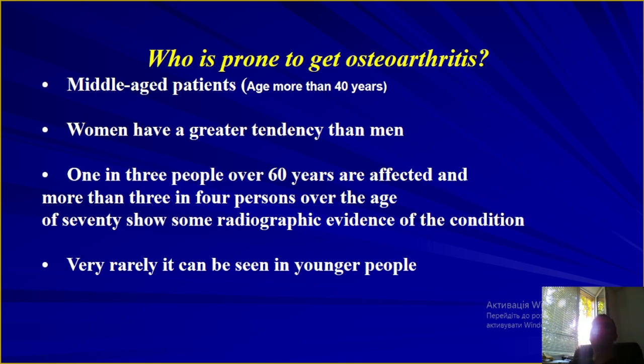Very rarely it is young patients. In most cases, young patients suffer from post-traumatic osteoarthritis after different fractures, intra-articular fractures, different traumas of the joints, and so on. Women have a greater risk of getting osteoarthritis than men,